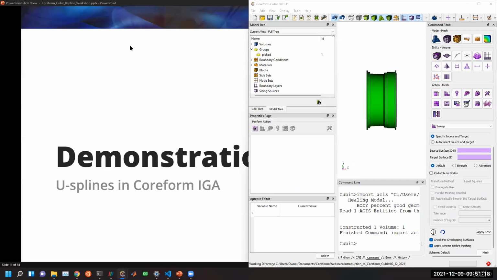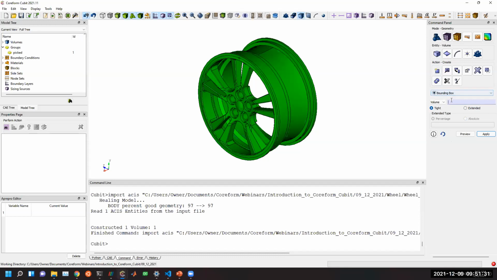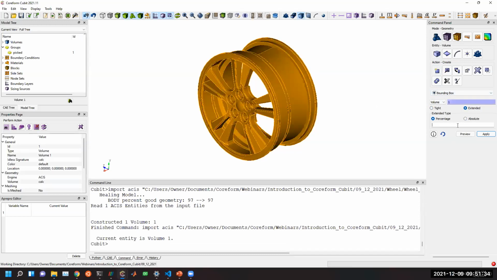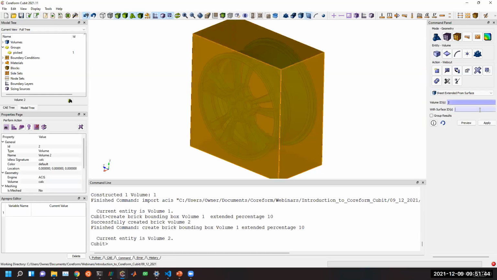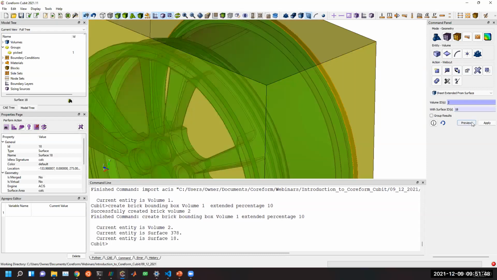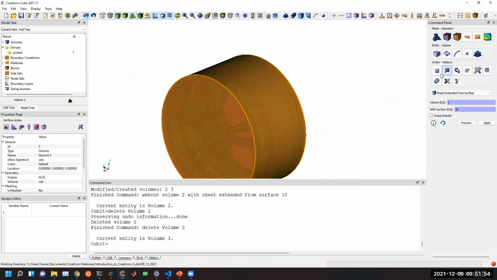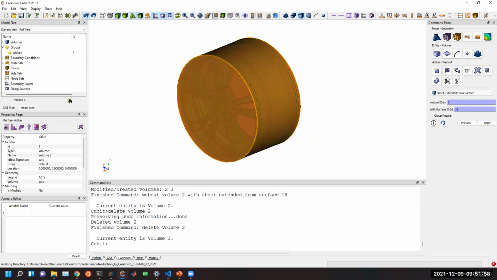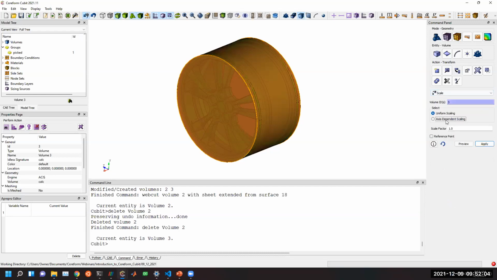The strategy with Coreform IGA is that we can instead build a partially immersed domain. So what I might do is create a bounding box of this volume, and then cut this volume just so it's cylindrical. Let's cut volume 1 by one of these outer radii on this rim. Let's delete this external volume. Just to get around some